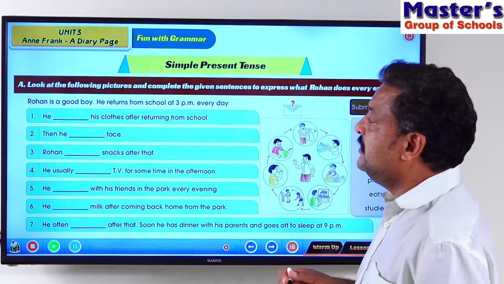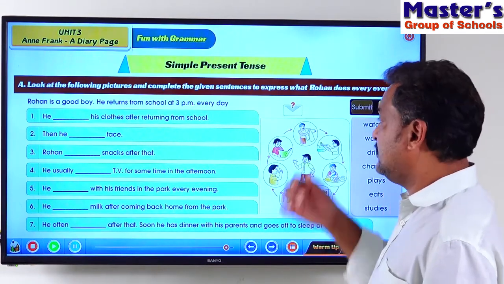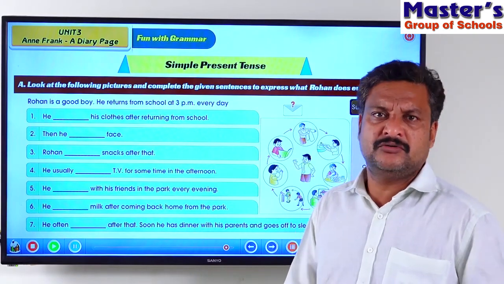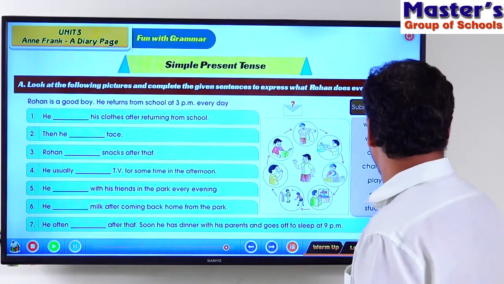He changes his clothes after returning from school. So after returning from school, what do we do? We remove our clothes, isn't it? Do we have